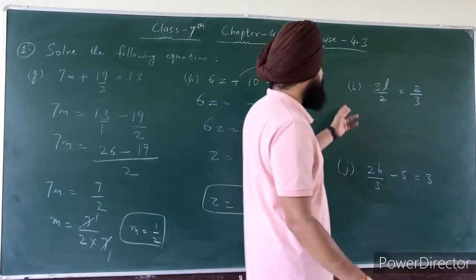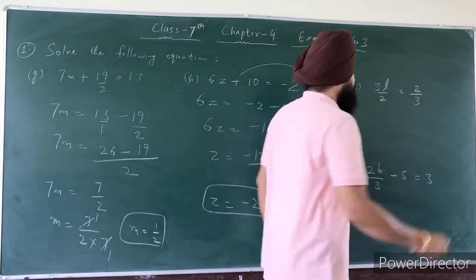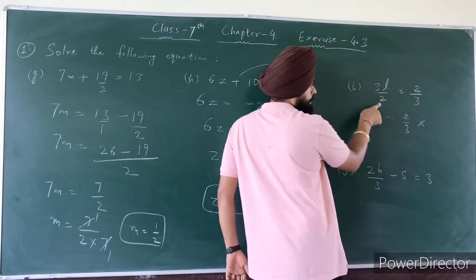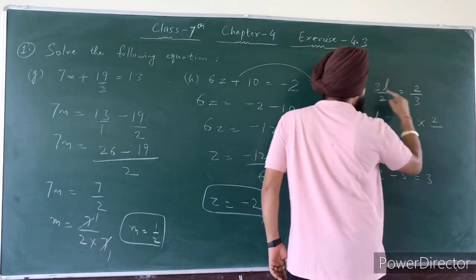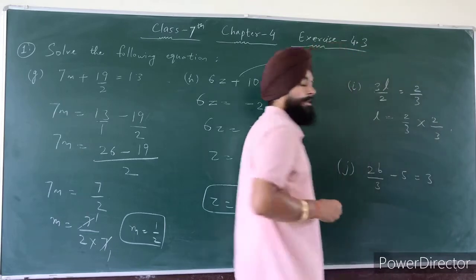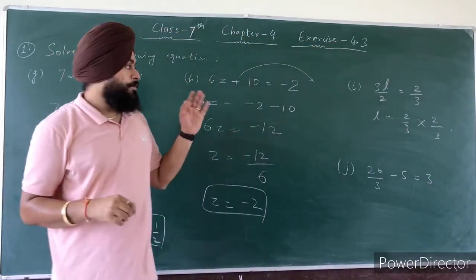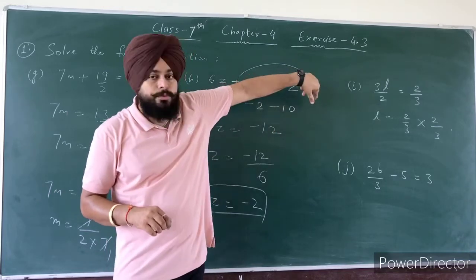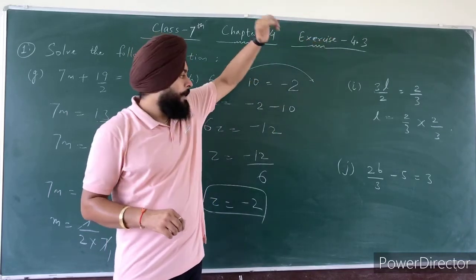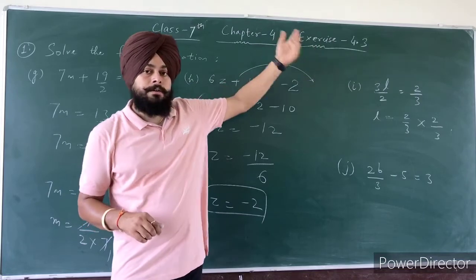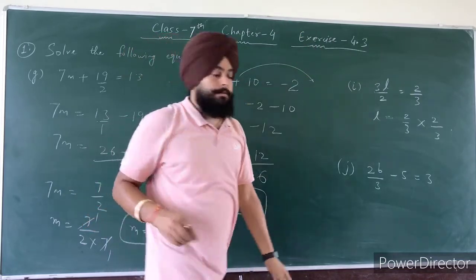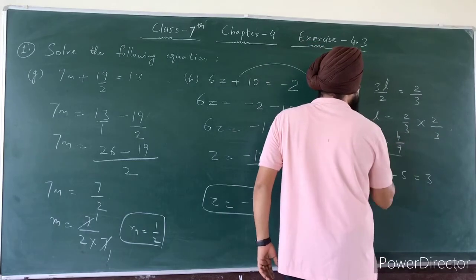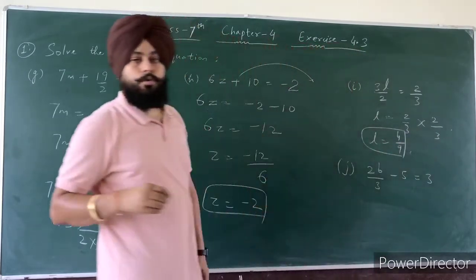Now next I part, 3n over 2 is equal to 2 over 3. So again here there is the variable. So 2 is multiplied on the right hand side and 3 is divided on the right hand side. Because 3 is in multiplication on the left hand side, when you take it to the right side, the denominator 2 will be multiplied and the numerator 3 is divided on the right hand side. So n is 2 to the 4 and 3 is the 1, which is 9. The value of n is here 4 over 9.